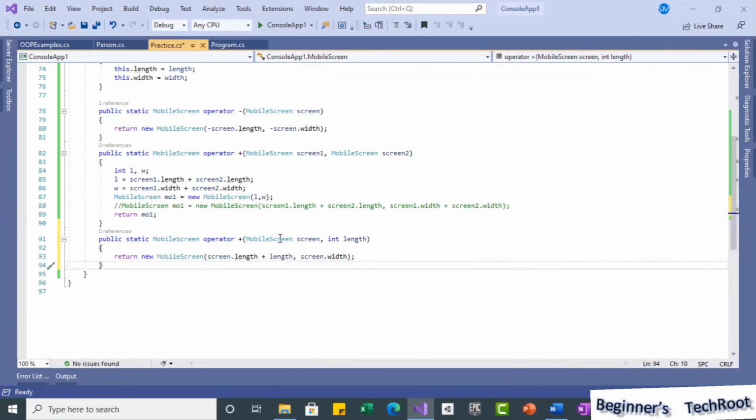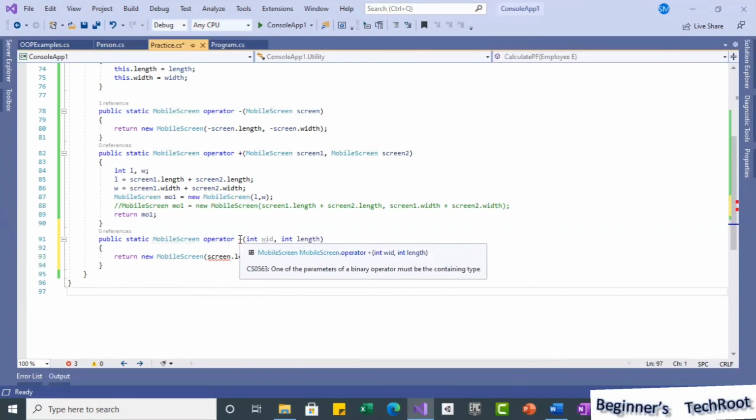See, now this is the mandatory one. This is a different one. Suppose if I remove this and put here int width. Now if you observe what happens, you get the error here. On plus, one of the parameters of a binary operator must be the containing type.